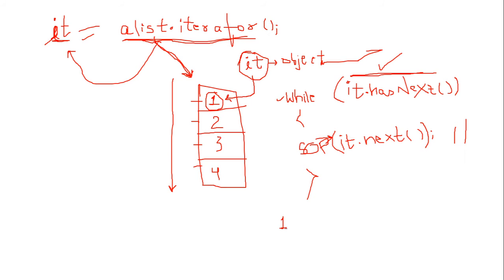Someone is saying something. See, we are calling the iterator method over this list, which is our array list. This is our array list. So it will point to this. If you use another list, then it will